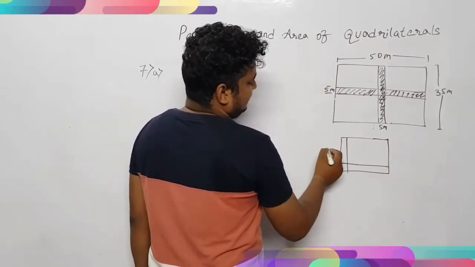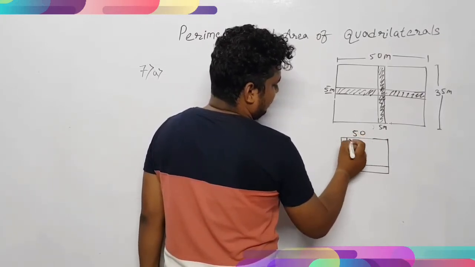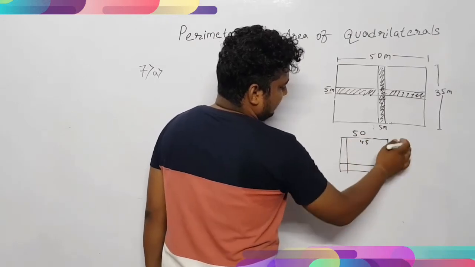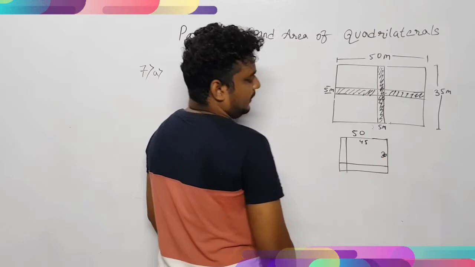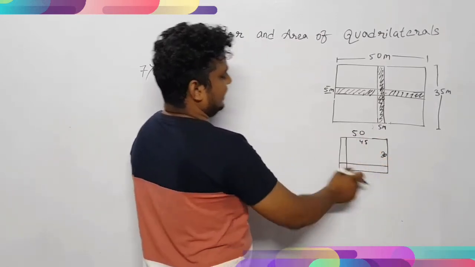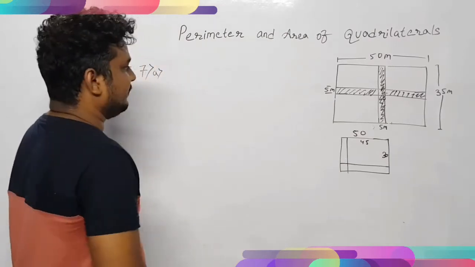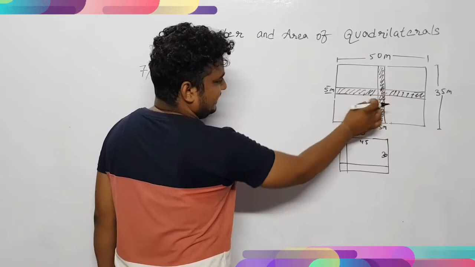If this length is 50, then 5 is subtracted from 50, so this particular length will be 45. And this particular length is 35, then 5 is subtracted from here, so this will be 30. Clear with this? After finding that area, you will subtract it from the complete area, so that difference also you can find. So this figure can be normalized, or made easy.